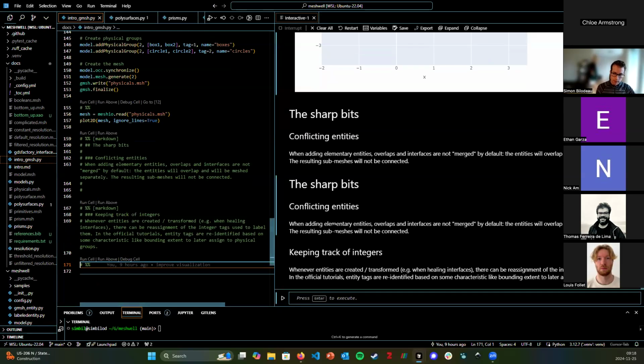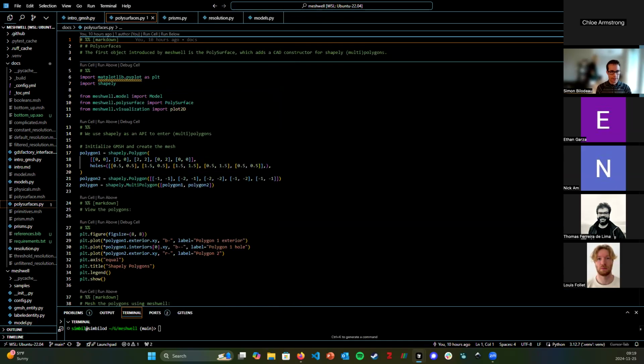The more important problem is that everything's an integer inside there. So if you start to heal the mesh, take different rectangles, and make sure that they don't overlap, that you have everything cataloged nicely, then you start adding a lot of extra entities to do that. And that's a lot of integers to keep track of, and that's very painful. Basically, the scripts that I created in this package deal with that problem. So if I move on to my next notebook here,